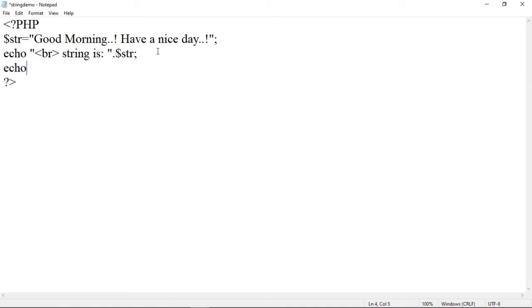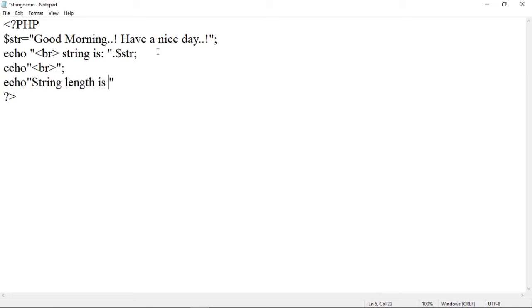So echo, then to have the next output on the next line, we will use a br tag, then semicolon. After that, here echo, to print the length of the string, let us add a statement as "String length is".